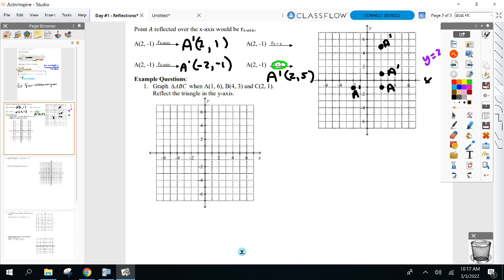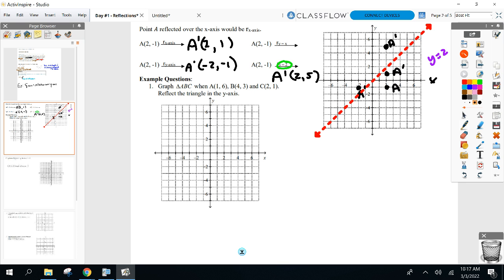Take a look. This is the line Y equals X right here. I want you to take A and flip it over that line. And the way I'm going to have you do it, I'm just going to have you remember the rule. Okay, you can't count. There's no counting. You can only count when it's horizontal and vertical. When it's diagonal, I can't count. So I'm just going to give you a rule right now. When you reflect over this line, Y equals X,